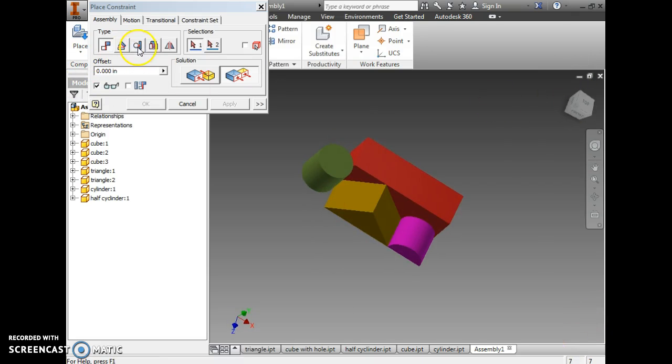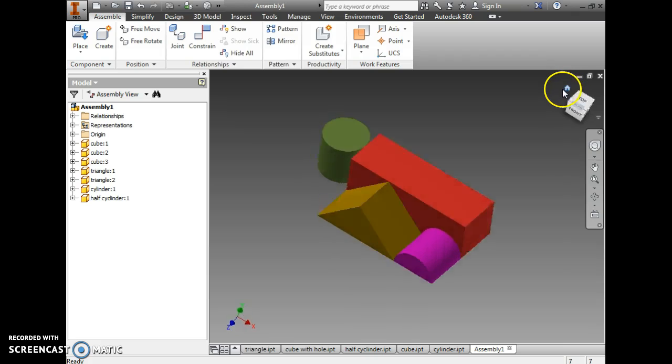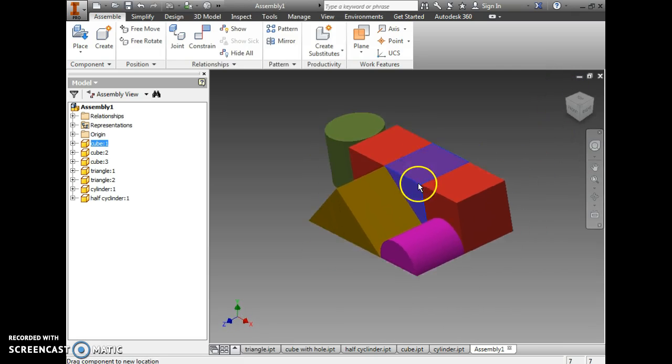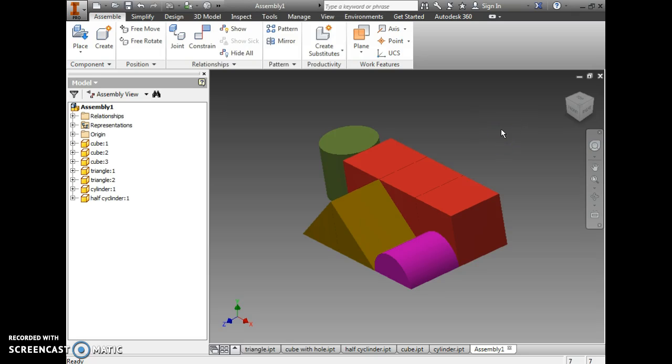I'm going to go back to tangent, make sure I'm on outside tangent. I'm going to do the circle to the front of the cube. And I'm going to make my offset 1. Nope. I'm going to make my offset -1. You never know sometimes. We're going to apply that. We're going to close this box. We're going to hit little house on the view cube. We're going to grab that object, and success. We're ready to snip that and just copy it into an email so that I know that you're doing okay with assembly constraints. All right,